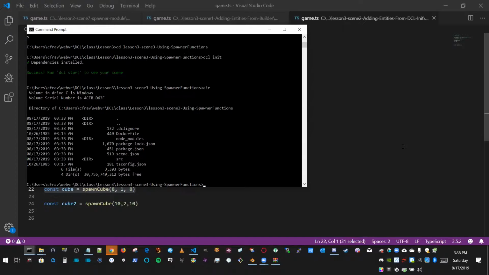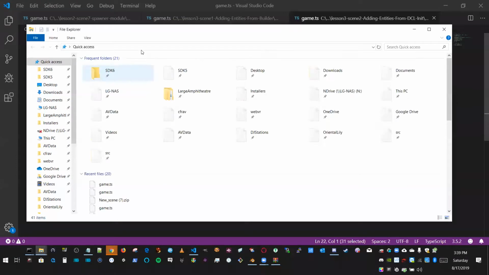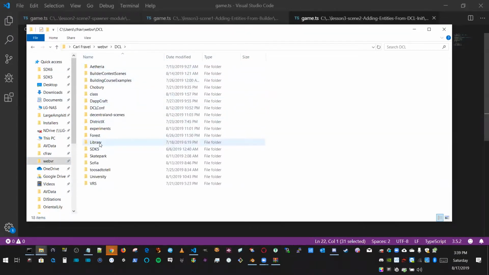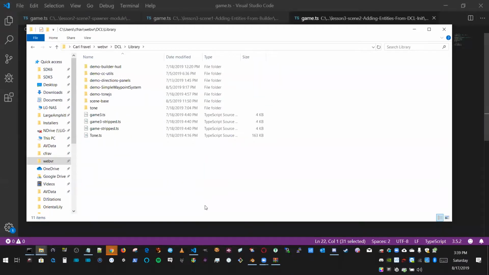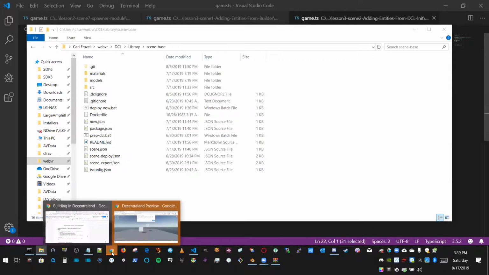having run DCL init in here, I have these things, and this has, of course, the game.ts file from the rotating box because I just said DCL init. So in my WebVR path, I have a directory called library. We've been working down in the one called class that has lessons for scenes for different lessons. But in my library, I think I showed this last time, I have a folder called scene base. And it has a bunch of stuff that I use again and again in scenes. It's just really convenient. And this is available to you. How to get to it is described in a previous lesson. But I can also show it to you again right now. Let me show it to you right now, which is if you go to